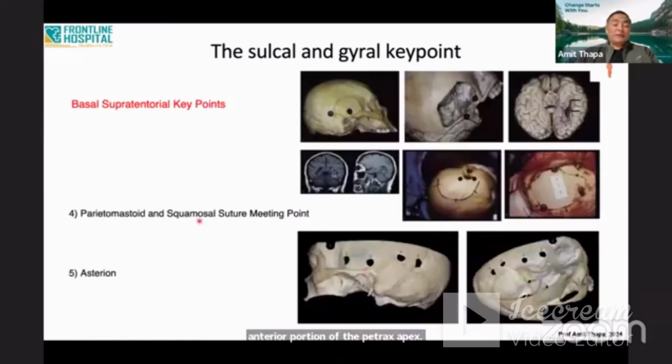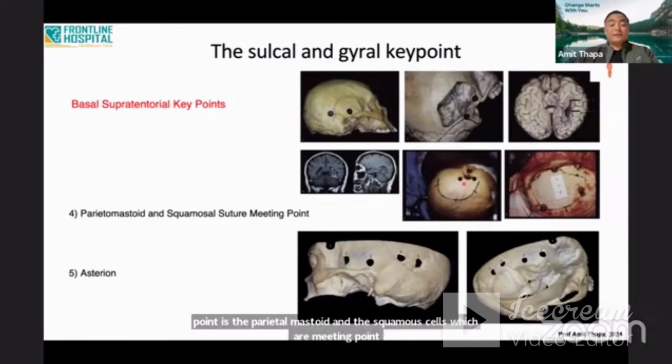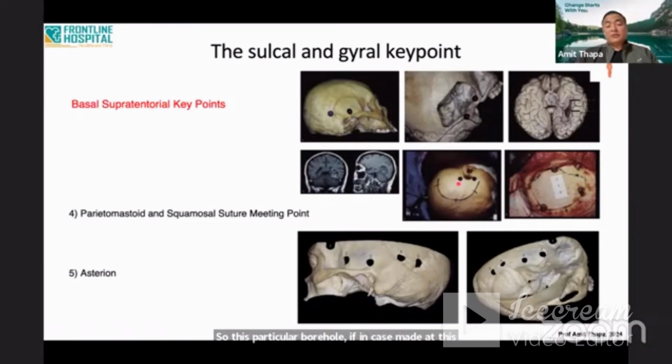And then the other key point is the parieto-mastoid and the squamosal suture meeting point. So this particular burr hole, if made at this point, can actually lead you to the lateral aspect of the posterior part of the petrous bone. And then there is the asterion, which is just behind the parieto-occipital and the intersection of the occipitomastoid sutures. And here we can actually find the transverse sinuses as it just lifts over the